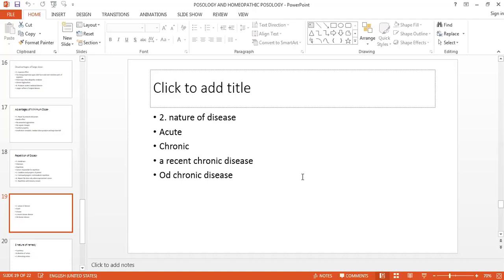You can also repeat lower potency. With frequent repetition of lower potency in chronic disease, you can give it every day or on alternate days. In case of recent chronic diseases, where there is a primary manifestation of psora, syphilis and sycosis that I have explained earlier, if there is no history of suppression and no history of overdrugging, then you can give the indicated medicine in a large dose and repeated doses, so that the disease will get arrested there only.